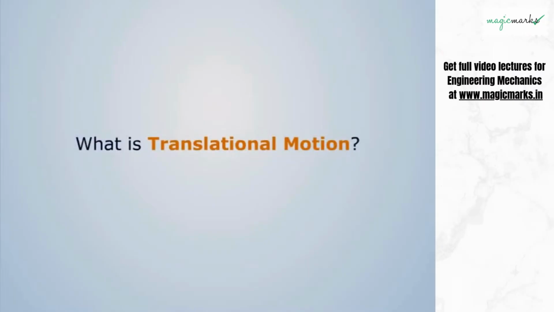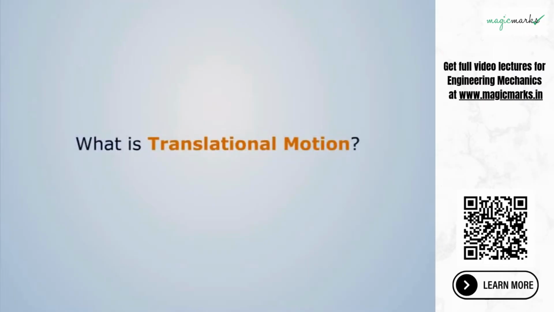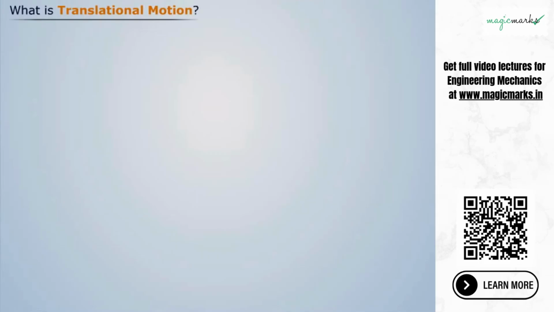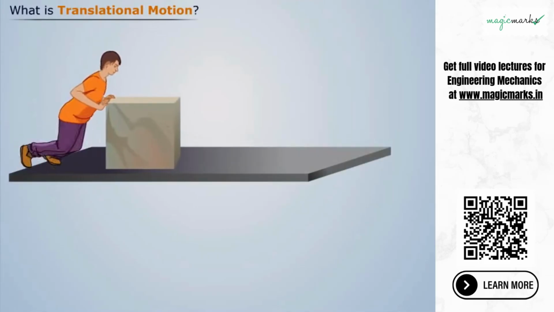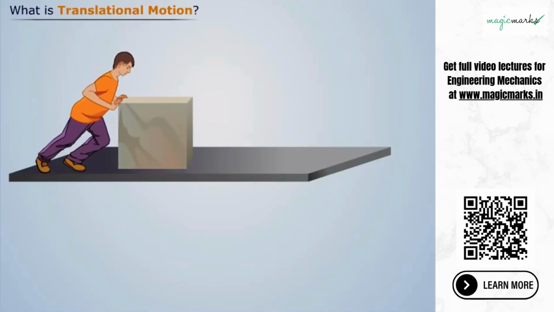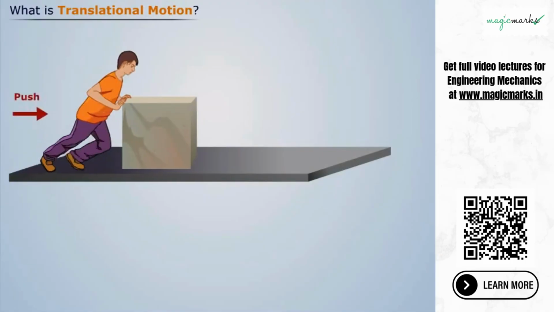What is translational motion? To understand translational motion, let us take an example of a person pushing a wooden block in the forward direction. As we can see, when a person pushes the block